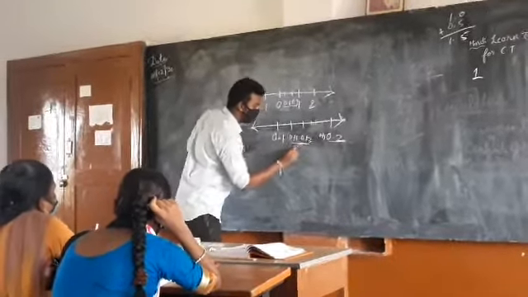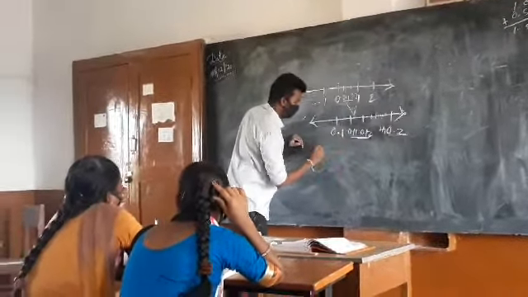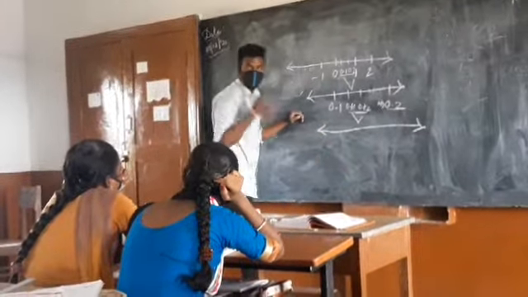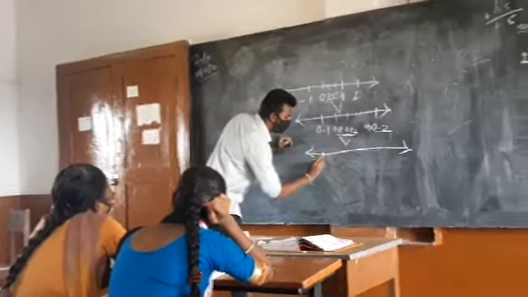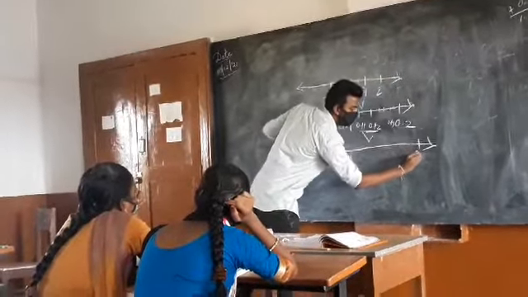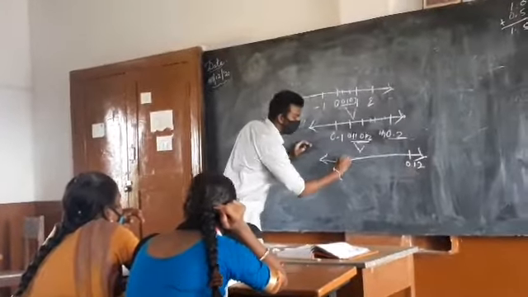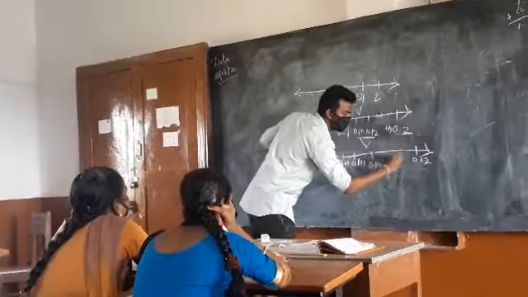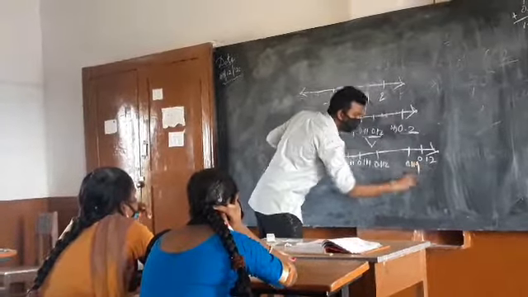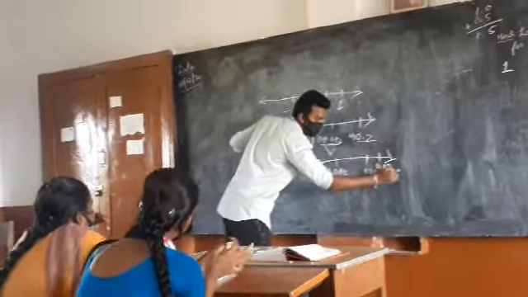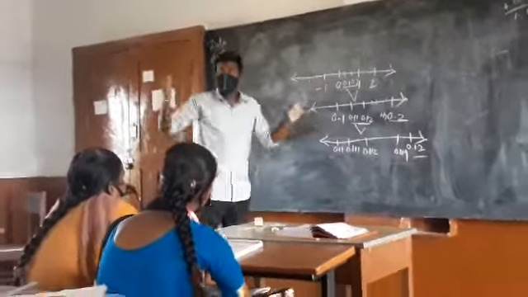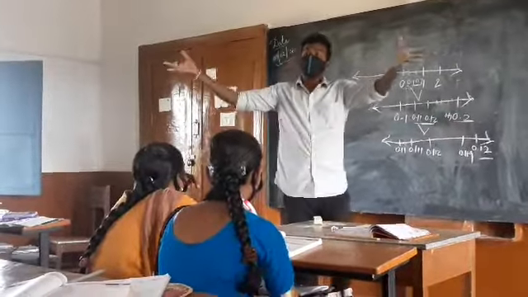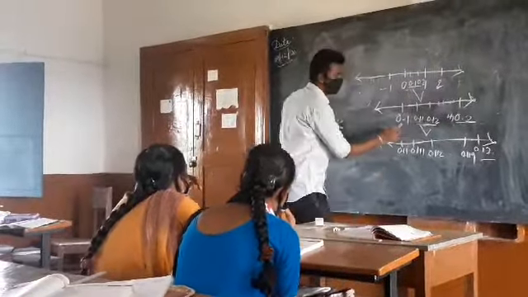If you want to find between these two, still you can enlarge the number line. You can make a magnifying glass between 0.11 and 0.12. You want to find out, you can find 0.111, 0.112, likewise 0.119, then 0.120, nothing but 0.12. Likewise, between any two rational numbers, you will find infinitely many rational numbers. All these are rational numbers, isn't it?